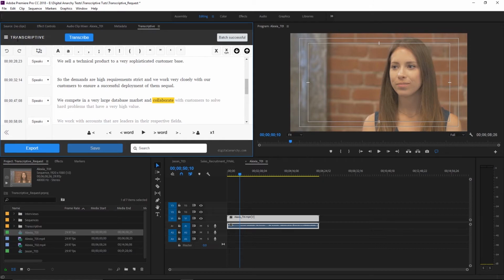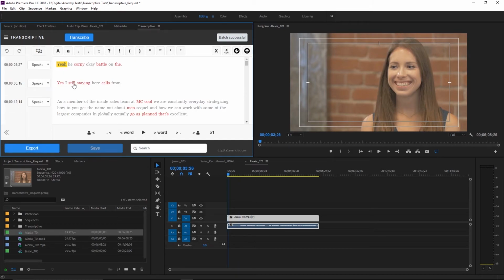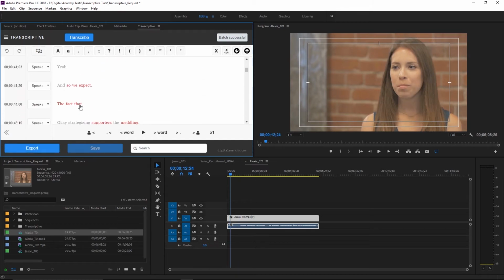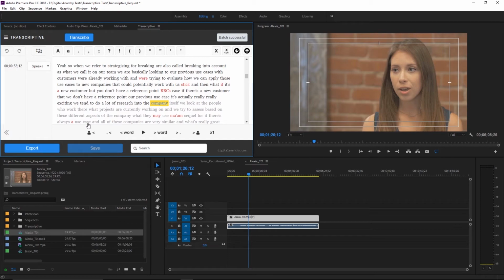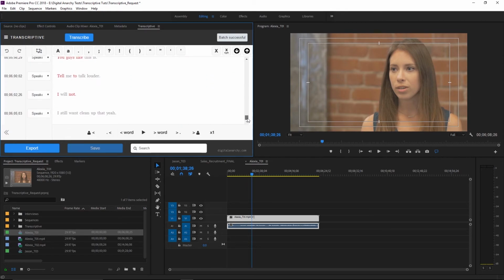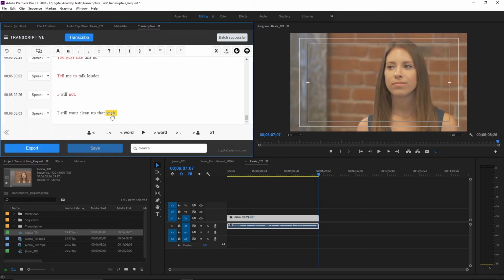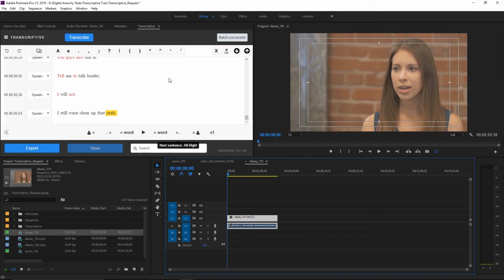And I'm going to go to the Transcriptive drop-down menu and select Load Transcript. Here you'll see that the transcript is now automatically pulled from our speech analysis into the Transcriptive panel. And once again, we have our unique timecode connected to each word that will allow us to move through our clip. So now that we have our clip in our sequence with our metadata, we can make a few edits, and we can now have our Transcriptive panel reflect that of our edit.